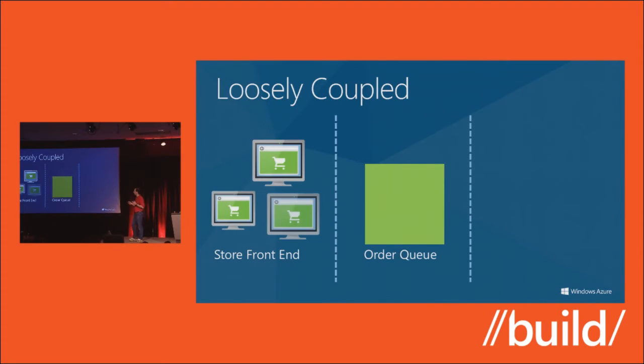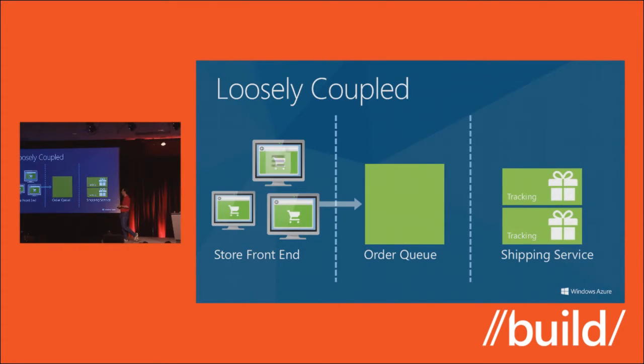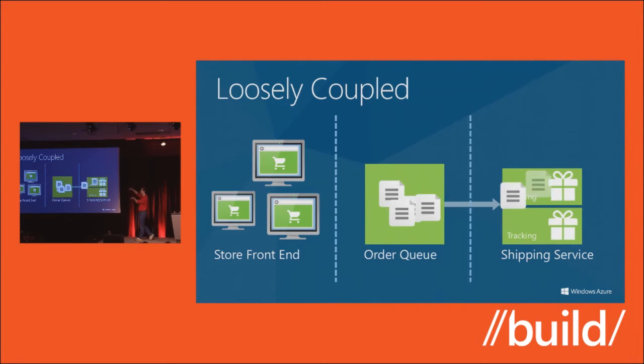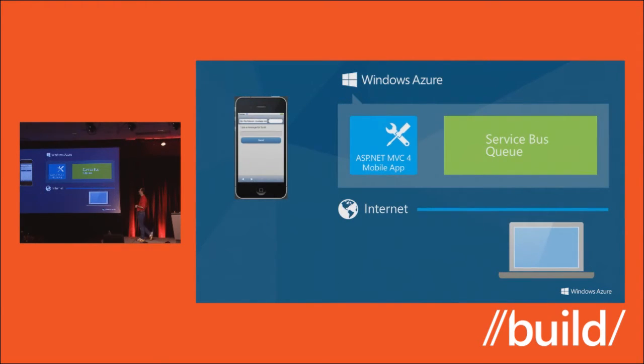Another cool thing about this is, from a scaling perspective, it means I can have multiple front ends that are all dumping messages into the queue, and I can have multiple back ends pulling them off. And this gives you a concept we call load leveling, where you can have arbitrary numbers of front ends or back ends, and you can scale these up or down based on your traffic within your application. So you're only paying for what you need.